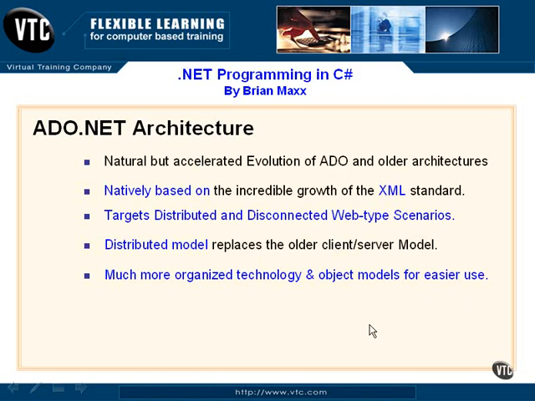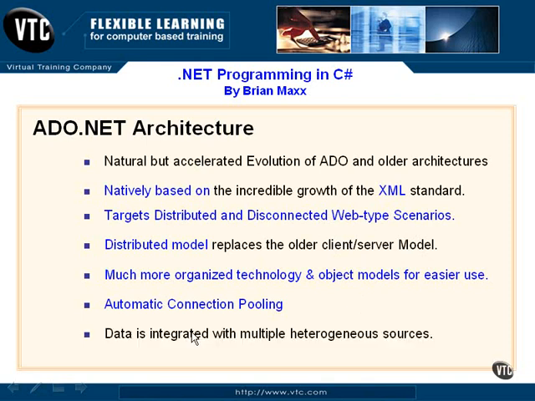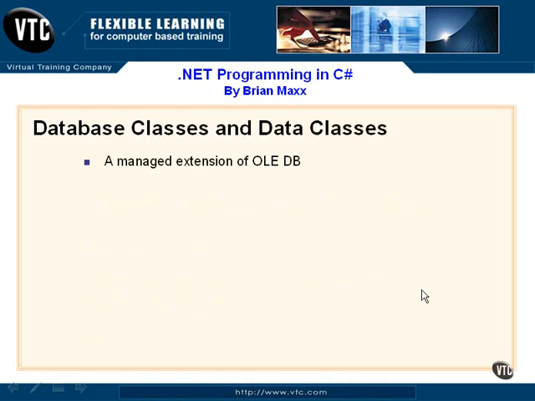The technology and the object models are a lot easier to use. This was an important part of Microsoft's strategy: make it easier. Don't give so many options like with the ADO way of doing things. Streamline it. Give you an entry point that's going to make sense, and don't overdo things with too extensive an object model. Automatic connection pooling is definitely helping us out with managing the connections to the databases. Data is integrated from multiple heterogeneous sources, and oftentimes the different parts aren't aware of where